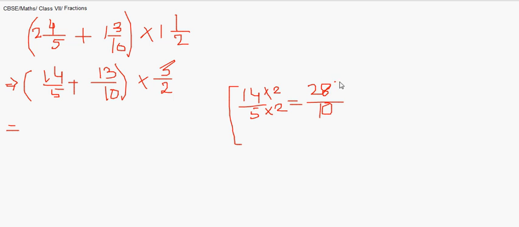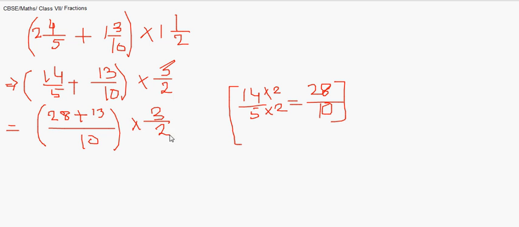So it is 28 by 10. So this becomes 28 plus 13 over 10. And here it will remain as it is. Now we solve this. I am getting 41 over 10